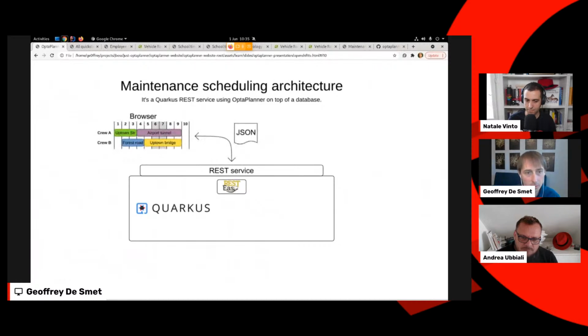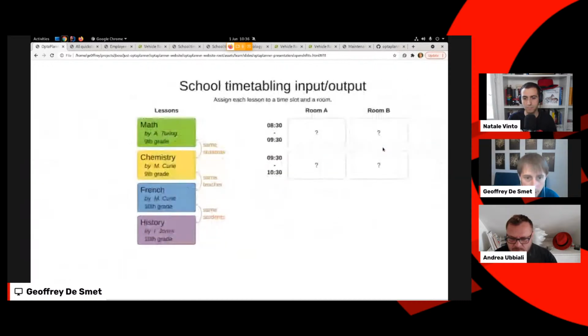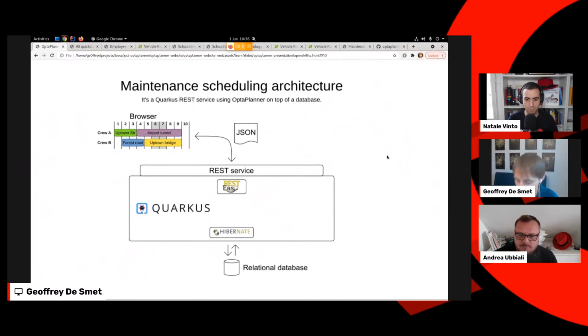And we've used the browser application to go through that REST service and actually show how the schedule looks from the database, because there's a database at the back, and we connect to it, again an implementation detail, with Hibernate. So basically every time the UI refreshes, it goes through the REST service that goes to the database, gets the objects and sends them back over the REST service to the browser. And then we add Optaplanner here to actually do the optimization.